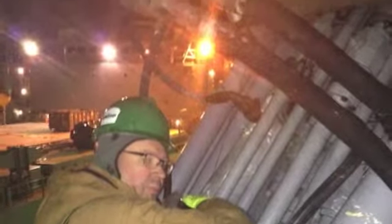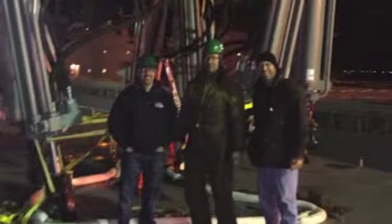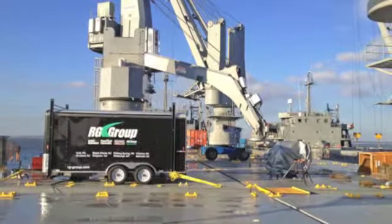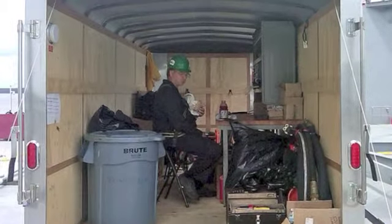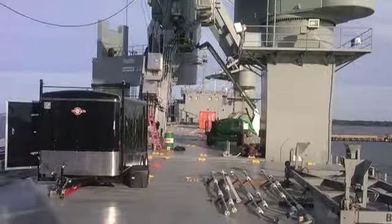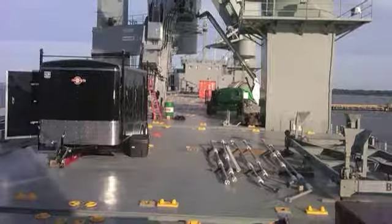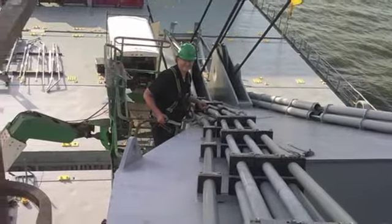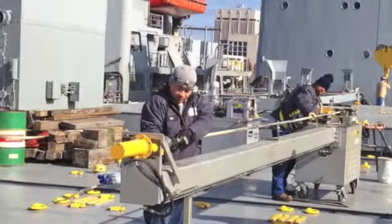In order to do that, the RG Group procured a vehicle, an enclosed trailer. We set it up as a mobile workshop. We had to modify that trailer so that it itself could be lifted up onto this Navy ship, secured down and reside there for several weeks. So once we got over the logistics of how we were going to support this installation, we actually had to do the work. So we put several crews of guys on board, service technicians and engineers for a period of weeks,